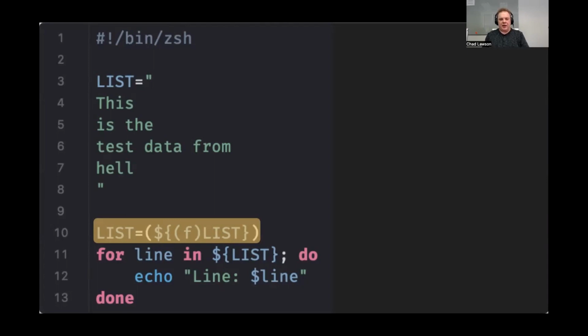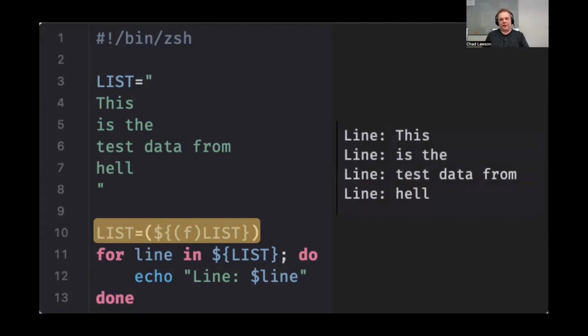And the inner parentheses, the F, that F is a variable flag that tells Z Shell to interpret this based on line ends, so either a new line, a carriage return, or both. And so now when I run this code, I get the expected output I want.